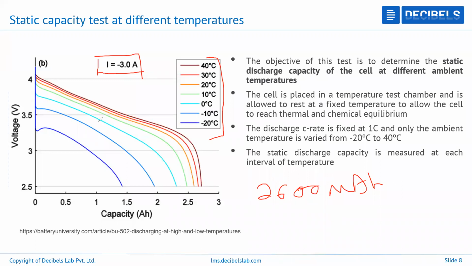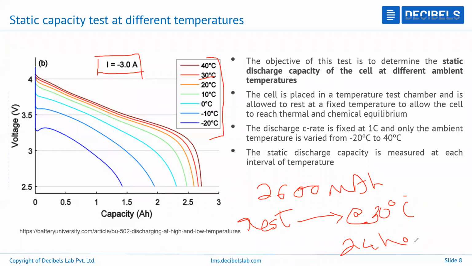So basically, in order to do this, first and foremost, you have to take the cell and expose it to that particular temperature. Say, for example, you're trying to test the cell at 30 degrees Celsius. So what you have to do is rest the cell at 30 degrees Celsius for a period of